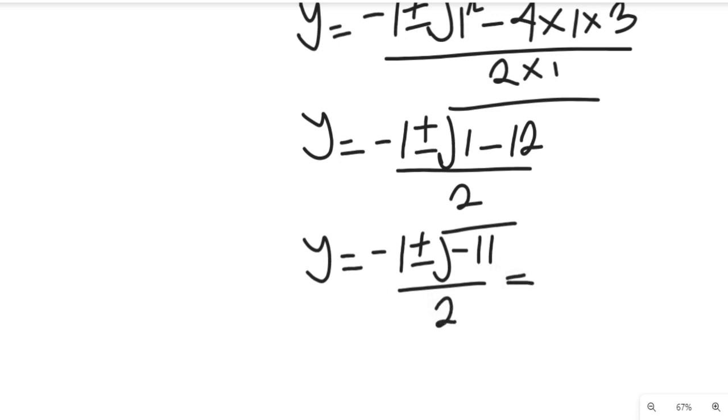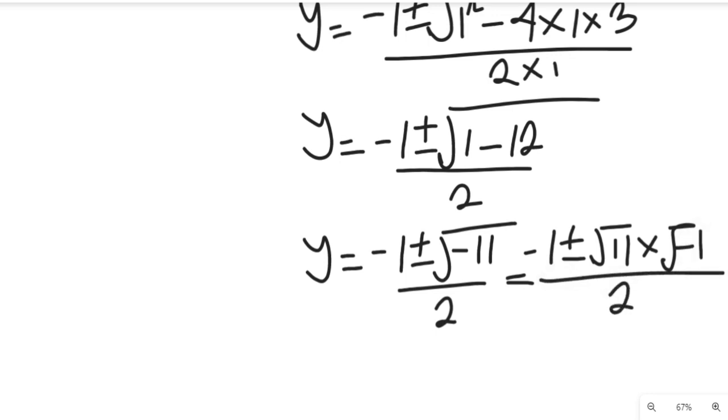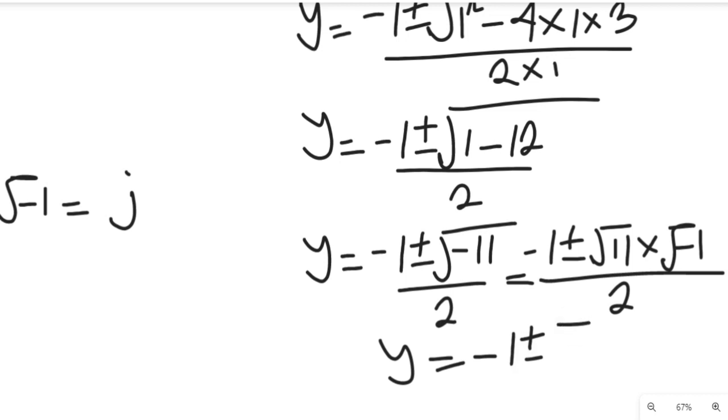Now this will give us minus 1 plus or minus the square root of 11 multiplied by the square root of minus 1. And according to our complex numbers, the square root of minus 1 is equal to j. So y is going to give us minus 1 plus or minus the square root of 11 j,